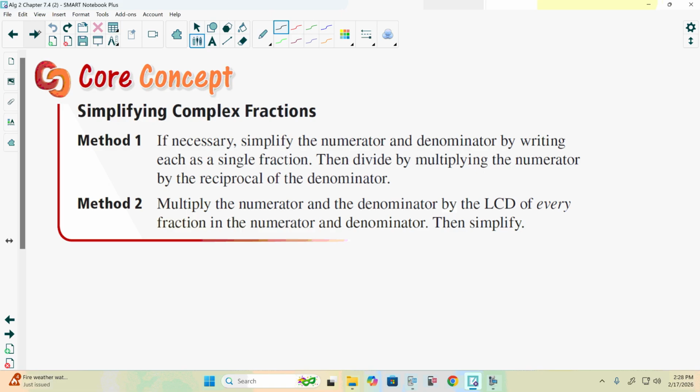So 7.4.2, the last part of chapter 7.4, is talking about complex fractions. Now, a complex fraction is a fraction that has fractions on top and bottom. We cannot leave a fraction with fractions in the numerator and or denominator. We can only have one fraction. We can't have fractions inside a fraction. Even if